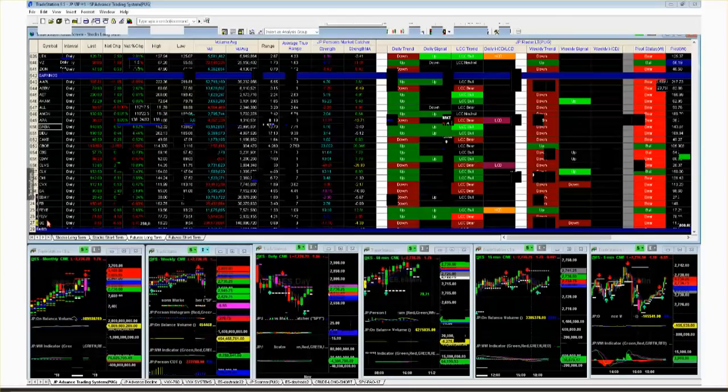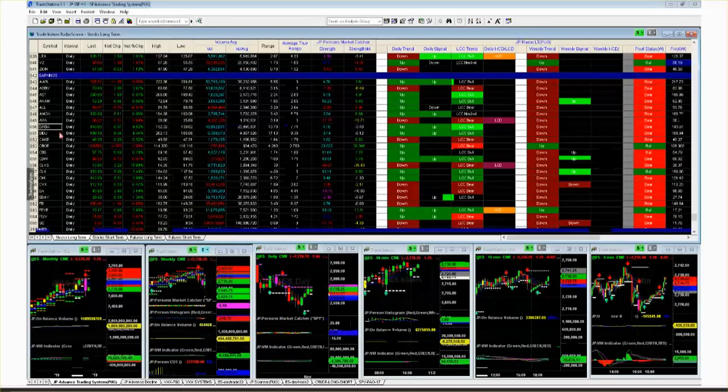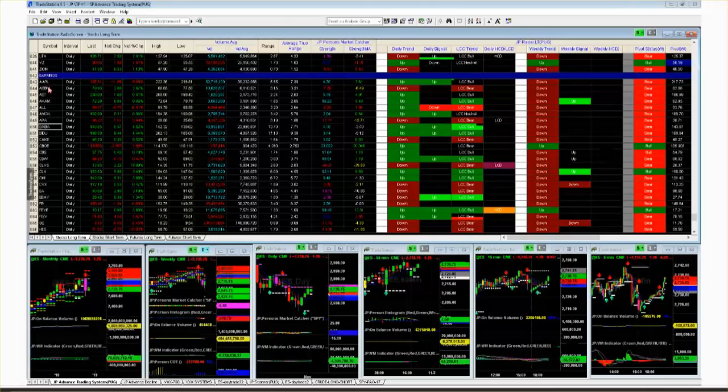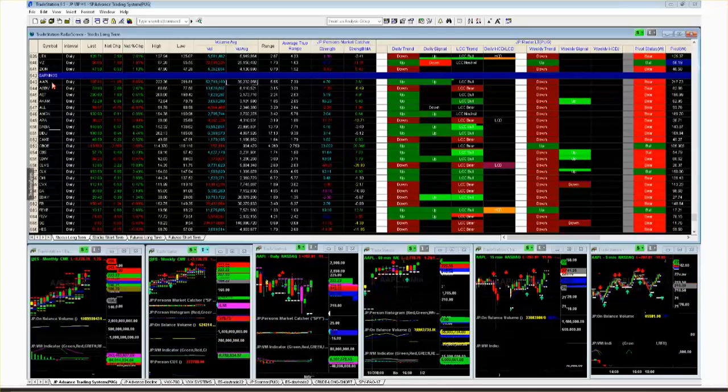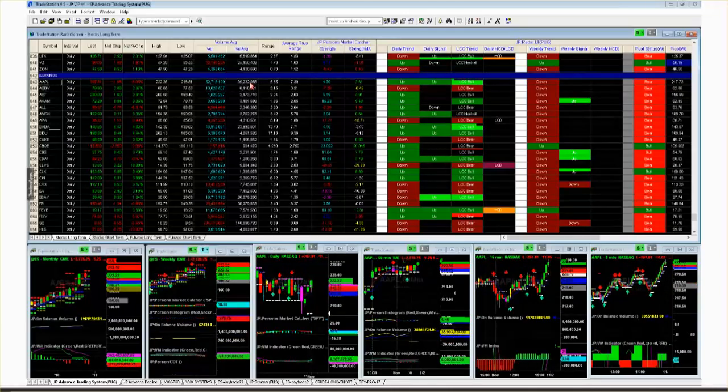If you're trading a stock, more people say, well, I want a trade system on every stock. Well, that's not going to happen. What you're going to have to do is take a stock that has good volume on average. For example, take a look at Apple. On the last 10 days, 39 million volume.